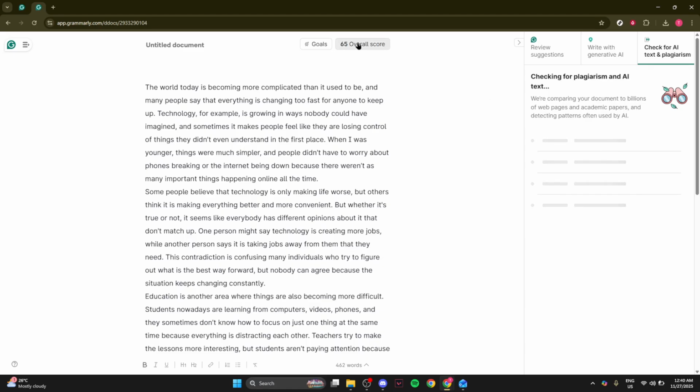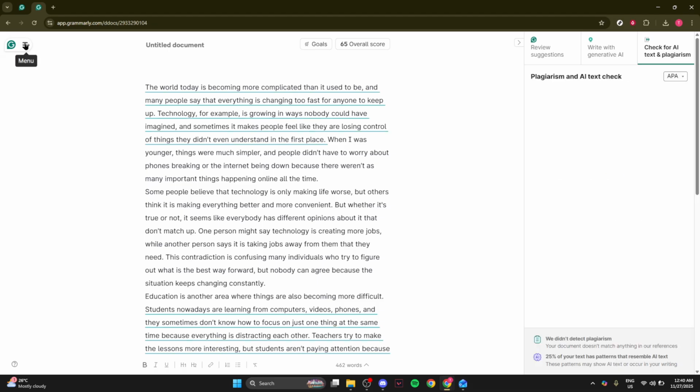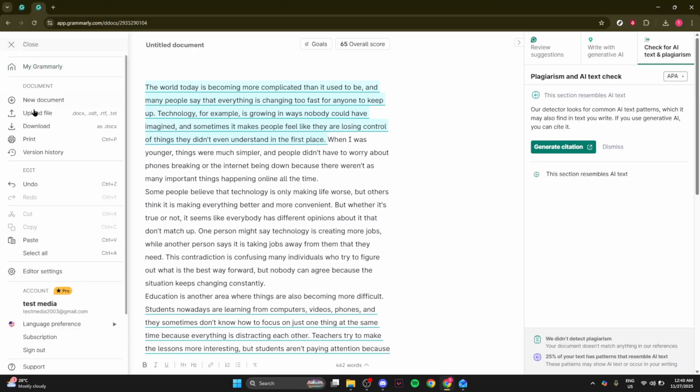Finally, once you're satisfied with the revisions and checks, you're ready to export your polished document. Click the Export button and choose a format that works for you, whether it be Word, PDF, or another type. This exported document will reflect all the improvements Grammarly has helped you achieve, ensuring it's error-free and ready for submission